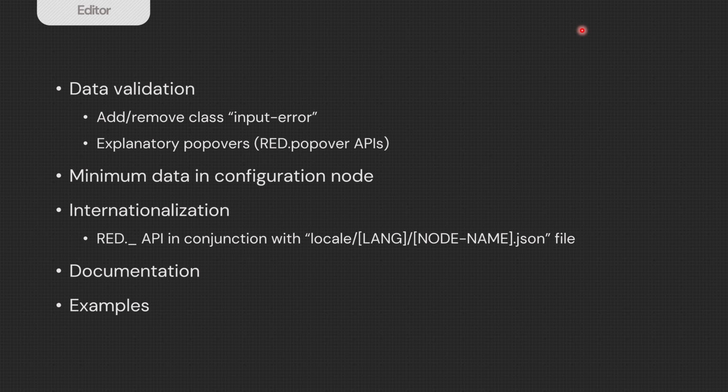So even for yourself, it's really good to have documentation, and you can look at the stock notes that Node-RED provides as good examples of documentation, and you can use the HTML that is used in those,